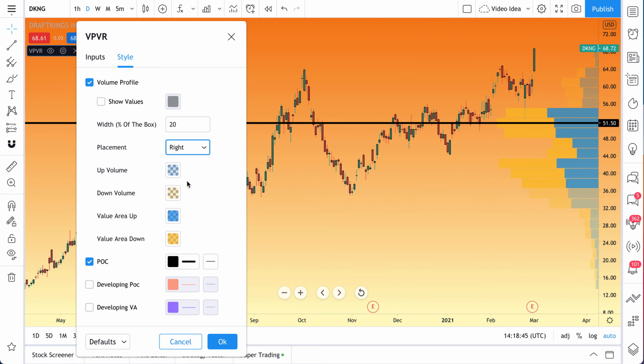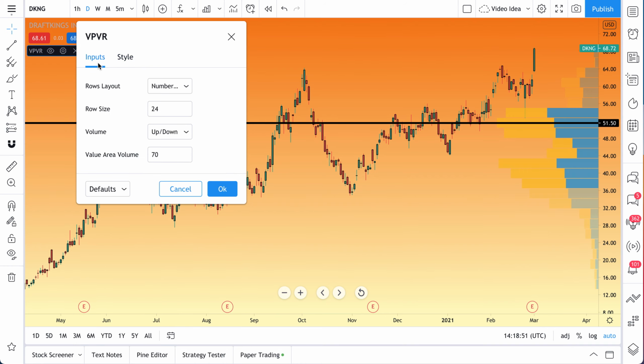Okay, now what we're going to do before we get into this up volume, down volume, value area up, value area down, we're going to go to inputs. This is where things get important on inputs. So inputs are the numbers behind this volume profile. This is how it's calculated, how you want to see it, and how you want to study price. Pay attention to this. This says value area 70. What this is really saying is